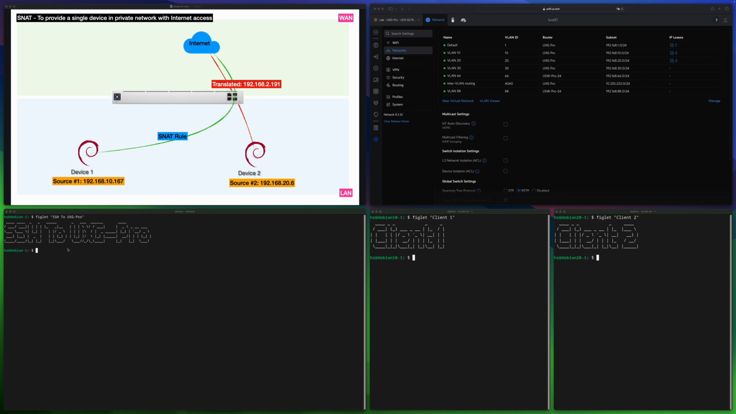Let's look into the first scenario. By default, if you don't do anything, every device in your VLAN will have access to the internet. I have 2 example devices. The first one is in VLAN 10, the second one in VLAN 20. At this moment, for example, from VLAN 10, if I ping 8.8.8.8, yeah, pingable, and from client 2, also pingable,